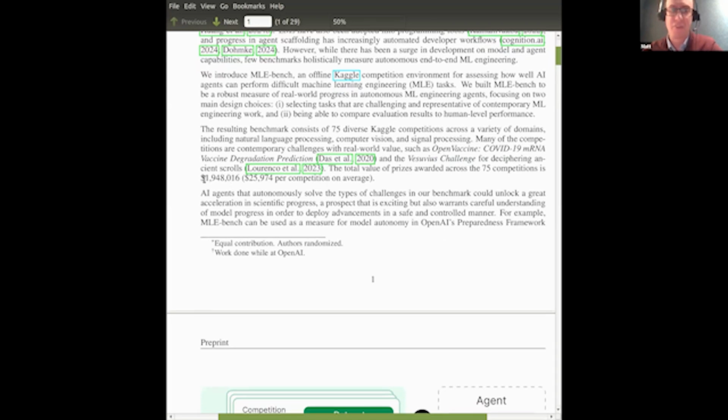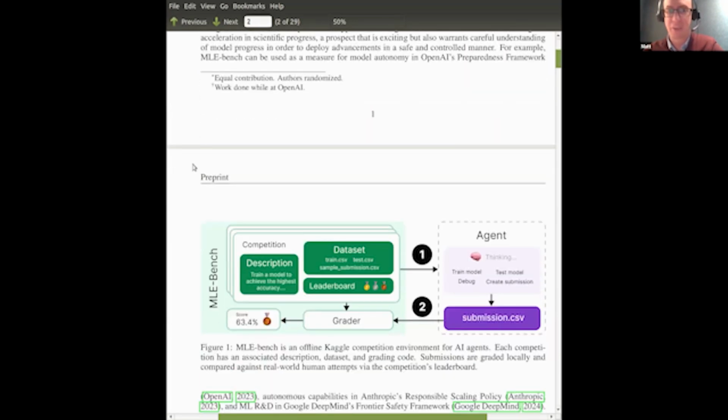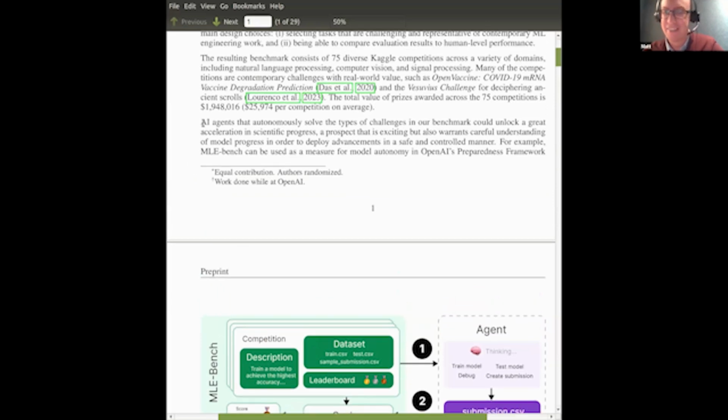But the final thing they mention is the prize value. Effectively, supposing that these were unsolved challenges, this is how much money could be won by someone with a successful agent solving them, right? Just food for thought there. Not sure what that means for the future of Kaggle. In any case, the final thing there then is